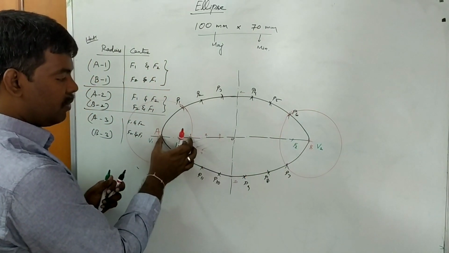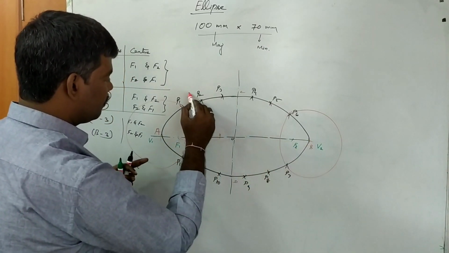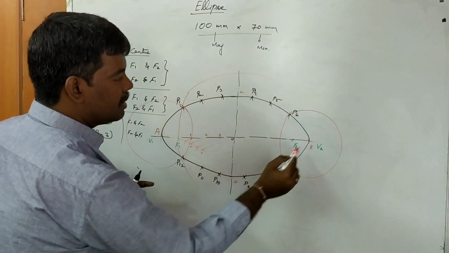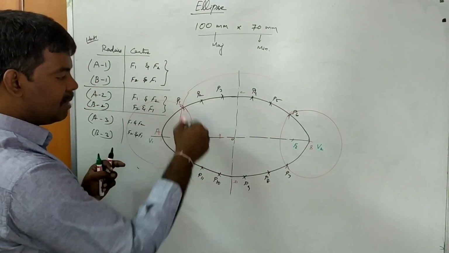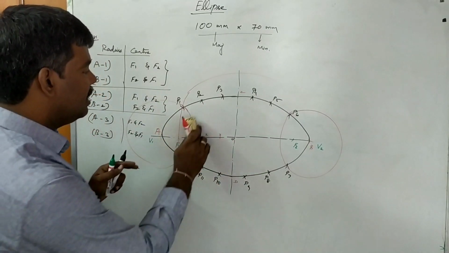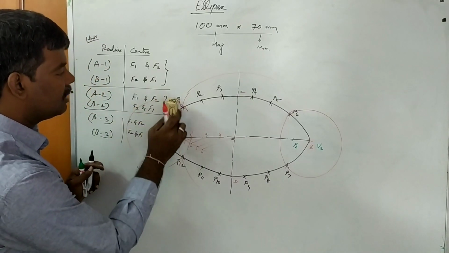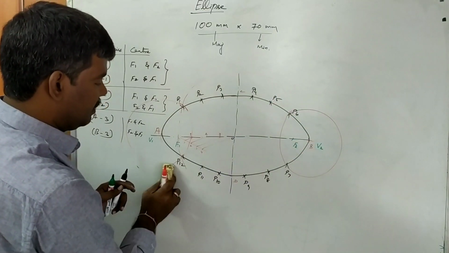Same A to 1 over, F1 and F2. Next B to 1 is this one. Similar case, understand, like that. So here n number of circles, so it is arcs. So the circles' intersection points, those portions only we are considering, that is arcs, understand. So this is arcs of circle method.